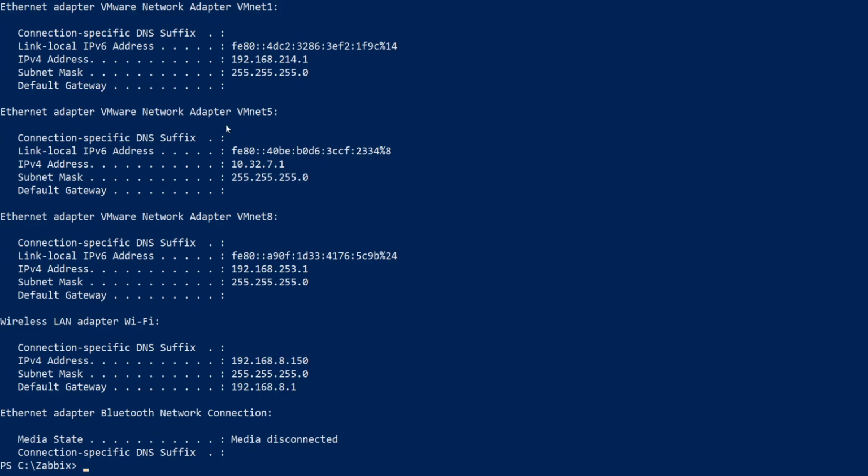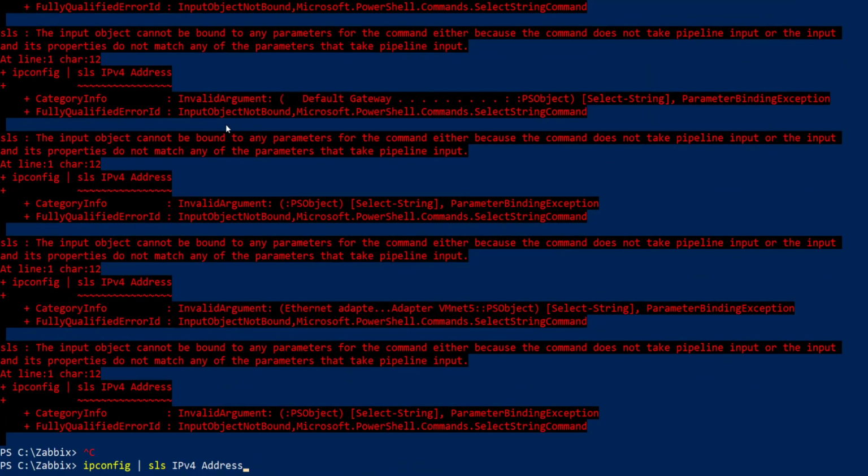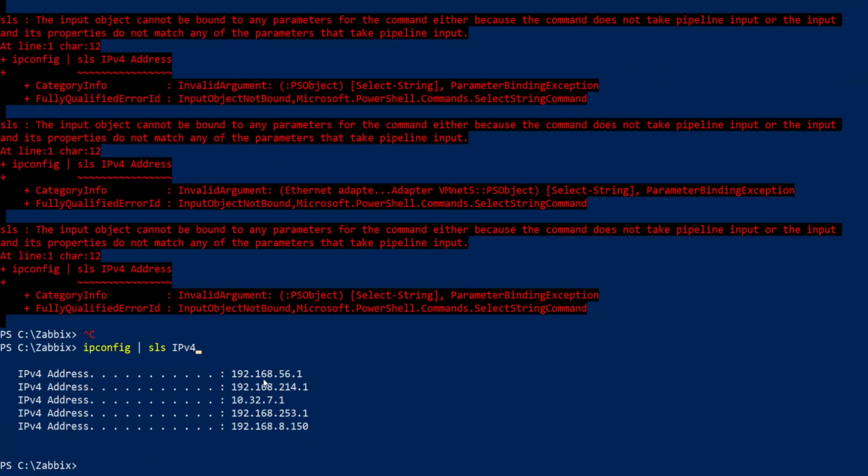So ipconfig, and look for the IPv4 address. Oh, sorry. So my IP here is 192.168.8.150. Now I will use this information, the host name and the IP, to add the host in the configuration.